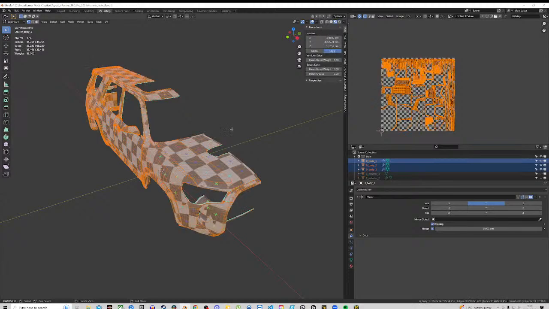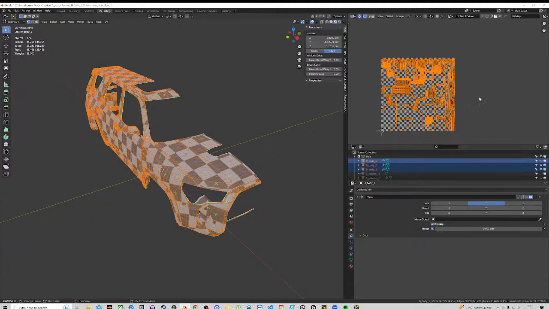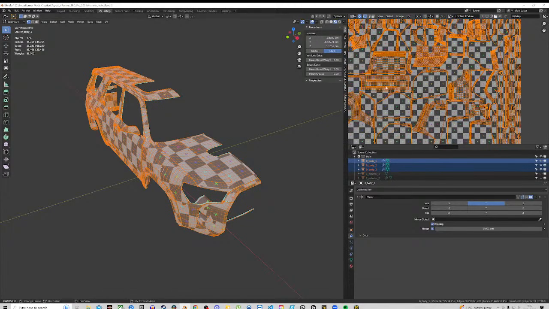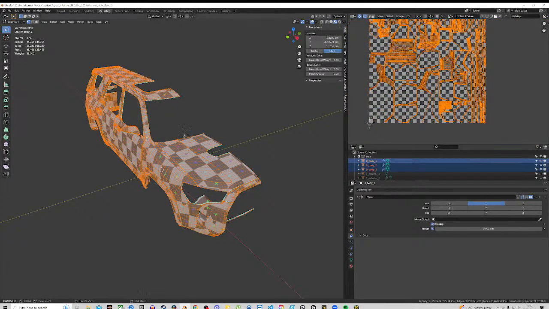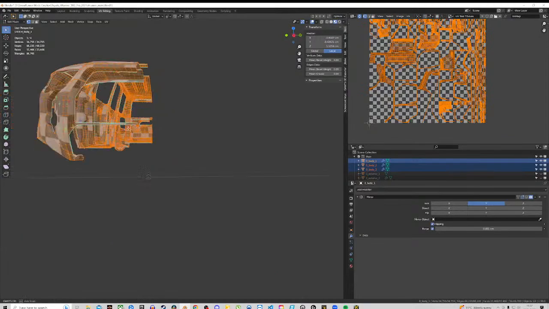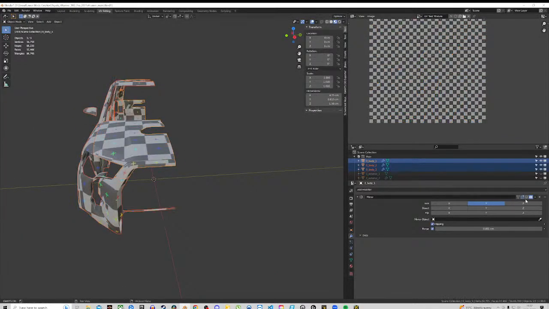Make sure you press A for all, and then you can come up here on the UV tab and click on Average Island Scale and Pack Islands. And then that will pack everything neatly. Now, looking over here, this is technically half of the truck or half of the body, because that's the half of UV unmapped. But once you apply the mirror,